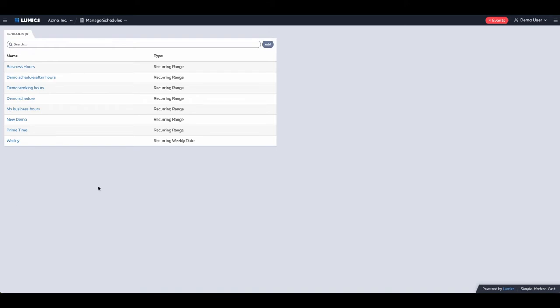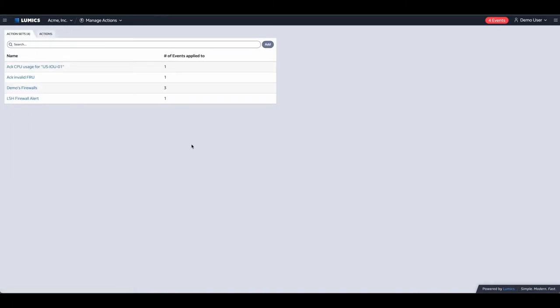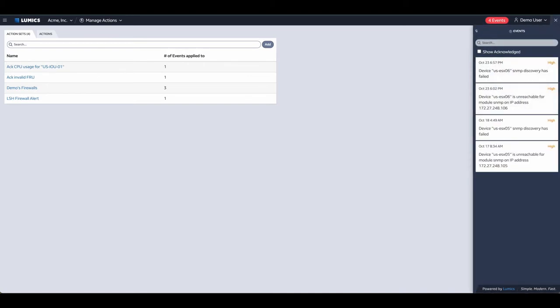Now that we have a schedule created, what can we do with it? We're going to move over into the actions section, because once an event comes into Lumics, all of the events will populate on the events pane. They will populate here. We can pin that open so we could always have visualization there. But if you're not logged into the app or you're not watching it maybe as closely as you were expecting,